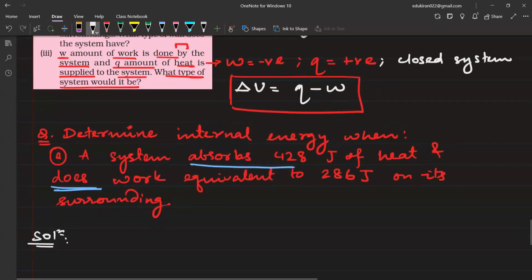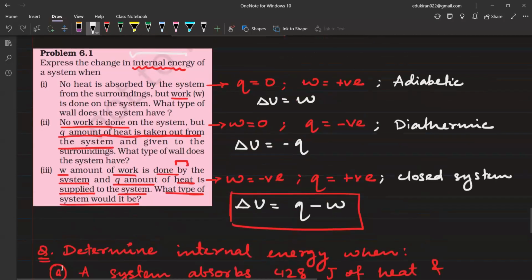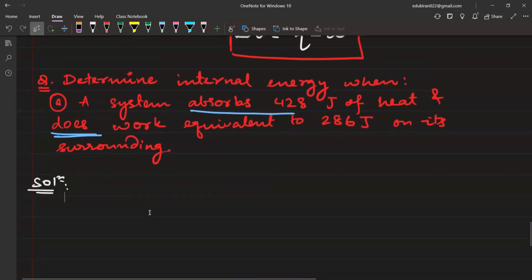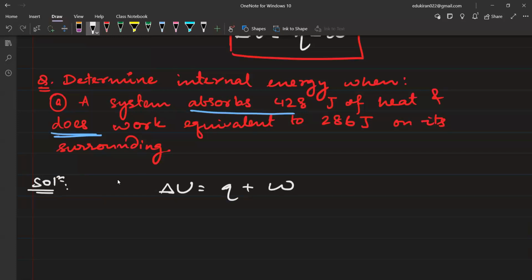ये फॉर्मूला आपके पास है ना? Delta U, change in internal energy. Right? Delta U, it is equal to Q plus W. नहीं मरियम, wrong. Delta U, it is equal to Q plus W. है ना? You have to just give the appropriate signs. System absorbs heat, then Q is positive or negative. And if it is doing the work, it will be positive or negative. You have to just look at the notes and please do it ना. ऐसे अंदाजे से ना करें please.